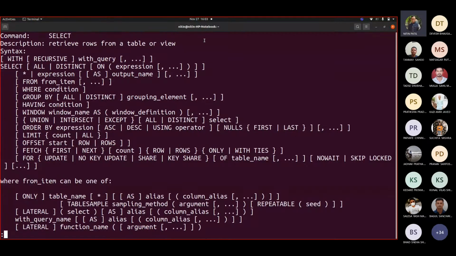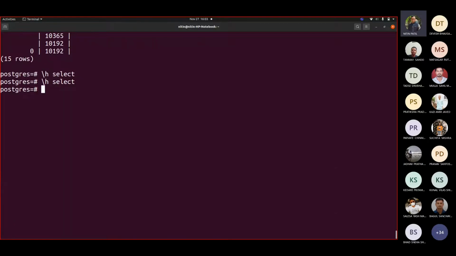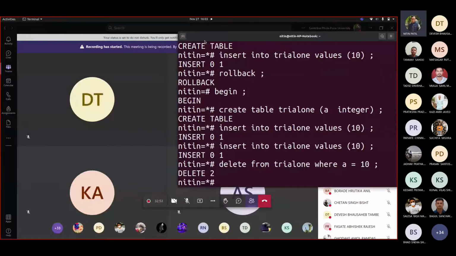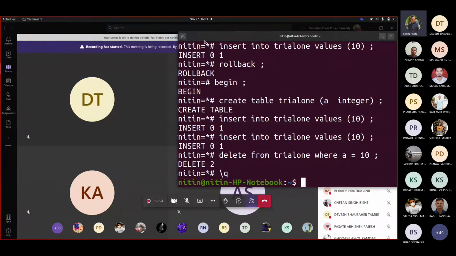This is the syntax added inside the system, which is verified by the code. Who verifies this? If you download the source code of Postgres, I have old source code right now, but I will try to show you how it works.